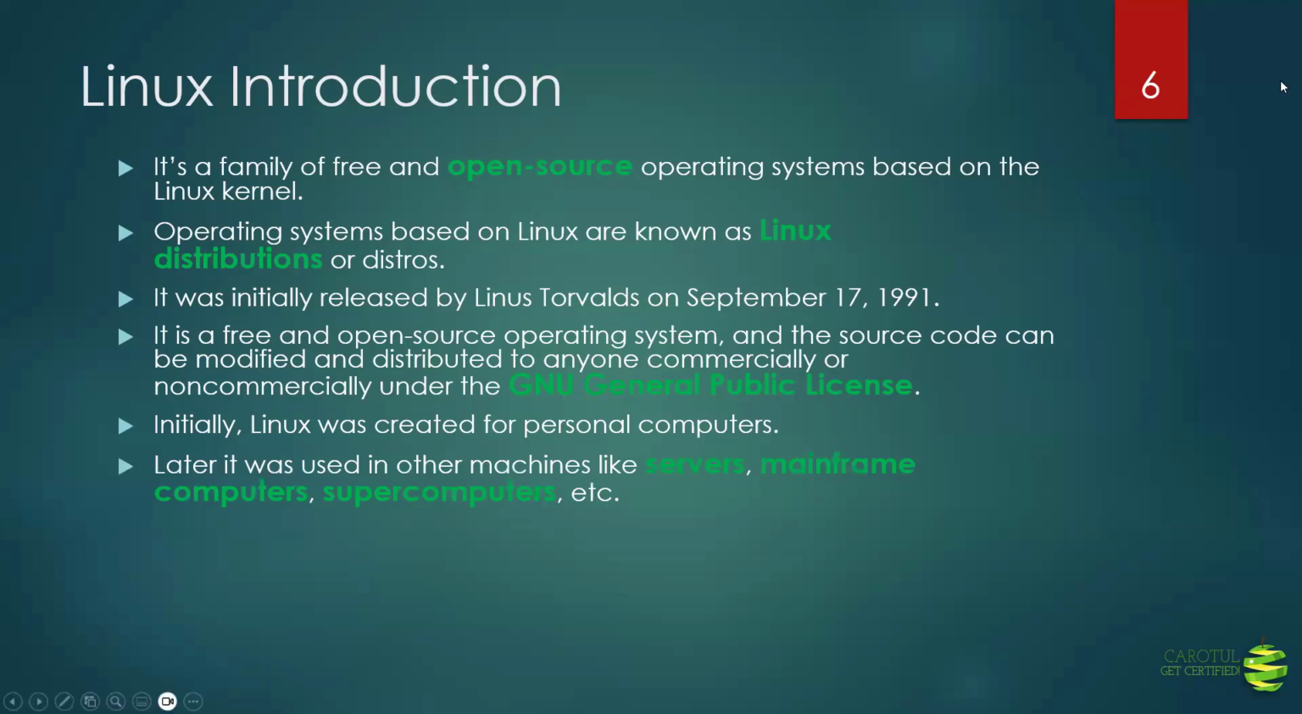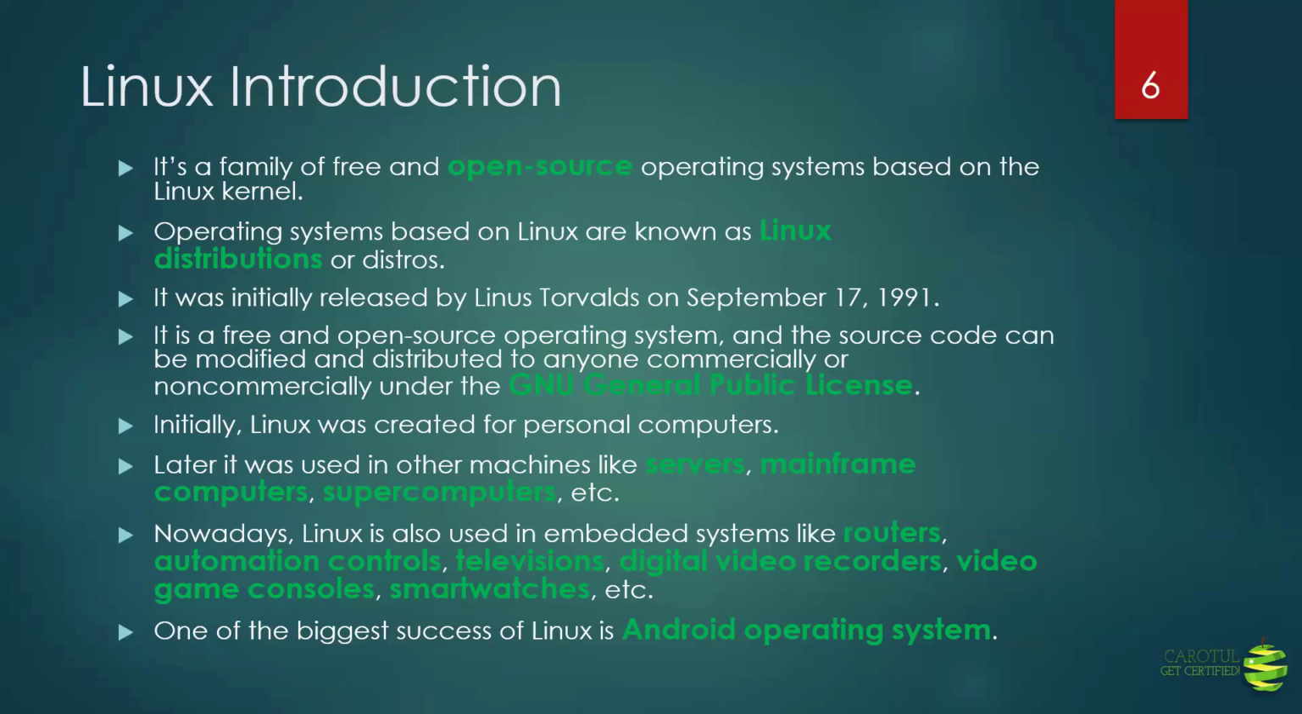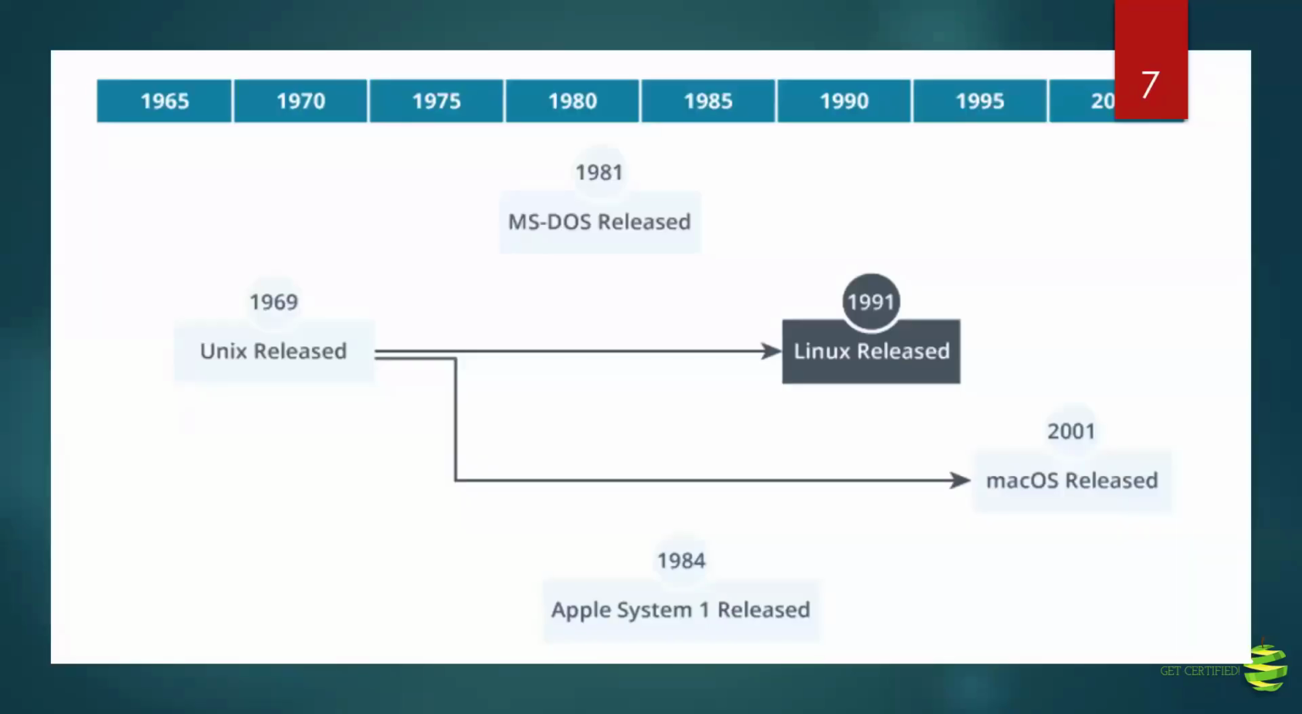As a matter of fact, you will see that nowadays Linux is also used in routers, automation, controls, televisions, digital video recorders, video game consoles, and smartwatches. And one of the biggest successes of Linux is the Android operating system. So if you're using an Android phone, you are actually using Linux on your phone because Android is completely created over the Linux operating system. So if we see the timeline, Unix was created in 1969 in Bell Labs, and then,